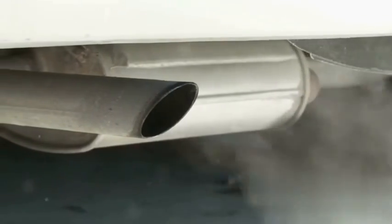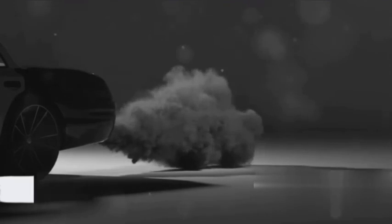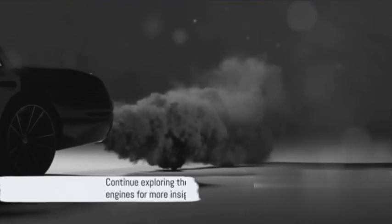Now you have a better understanding of how a car engine works, from its beating heart, the pistons, to its efficient exhaust system. Keep exploring, keep learning, and remember, there's always more